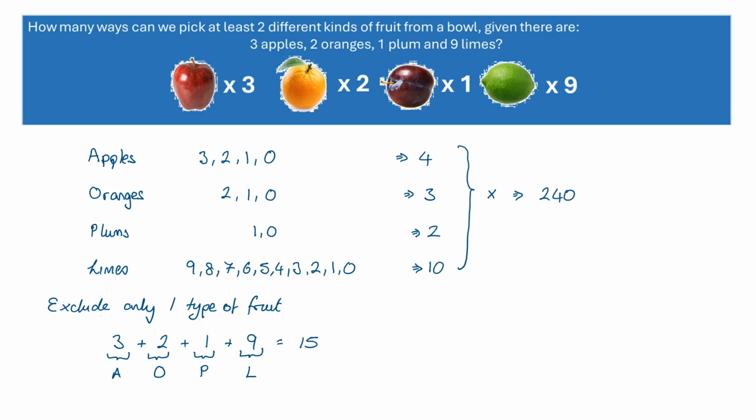As I've mentioned a couple of times, there is also the slightly weird one of picking no fruit, which is a combination in itself. There is 1 way of picking no fruit. So I'm going to do 240 minus the 15 minus the 1, and that is going to give me 224